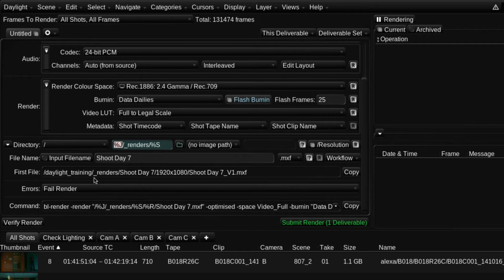There's then an explicit subdirectory called _renders, and after that a %S code which is substituted with the current scene. If I don't want to use this preset template, I can manually type in a path or I can create another template using other substitution codes.